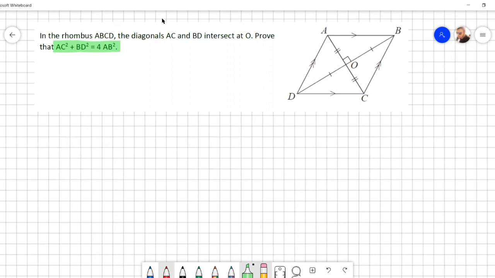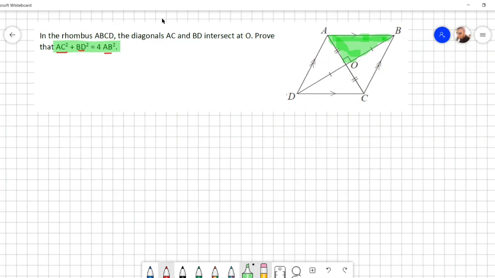Out of that, now I look at the details I want. I want AC. So AC is actually this diagonal. I want BD. BD is the other diagonal. And I want AB. AB is this line over here. So when I look at this, I kind of feel, okay, I need this diagonal, I need this diagonal, I need this line. Even though it's not perfect, my senses tell me the triangle I have to go for is this one, AOB triangle. Okay, this is the triangle I will have to go for.